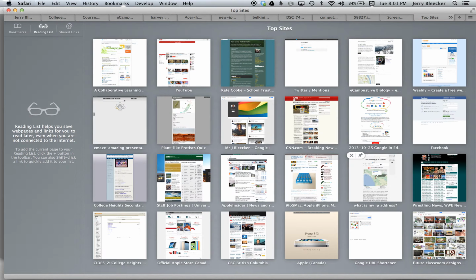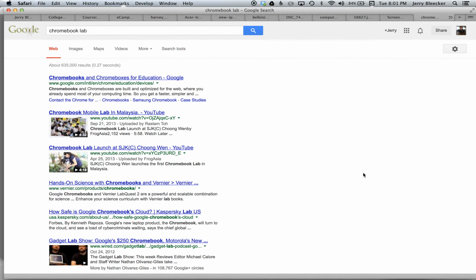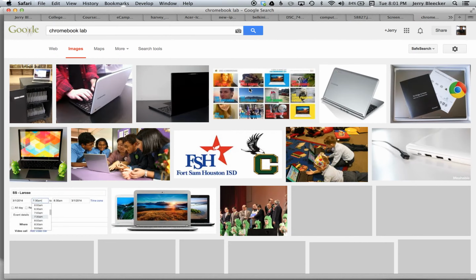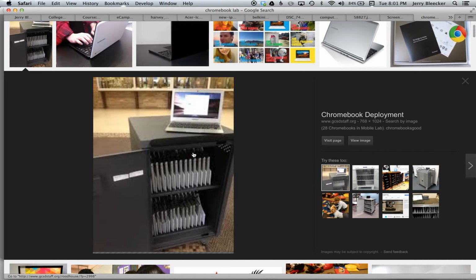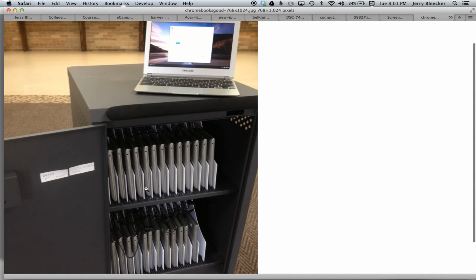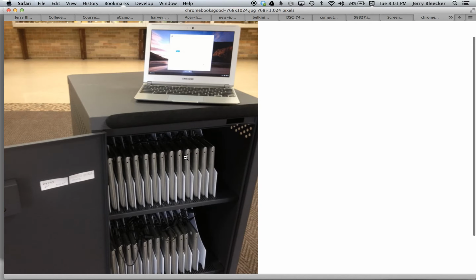If you look at a Chromebook lab, we're not quite ready for this yet, but these little Chromebook laptops, Google's Chrome operating system, if you look at something like this, I'll go to view image. Having something like that in the classroom, this is a Samsung variety, where the students could just grab one and it wouldn't really matter who they are. And if you've used Google Chrome or Google Docs, your work is backed up and saved and you don't have to worry about it. But really, until we're ready to step into this Chromiverse or Googleverse, if you want to call it,